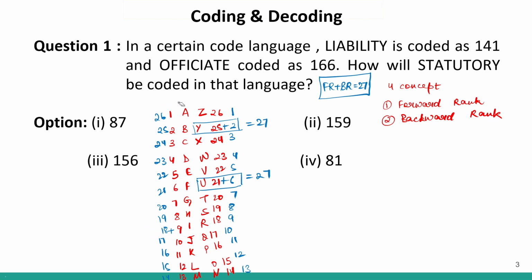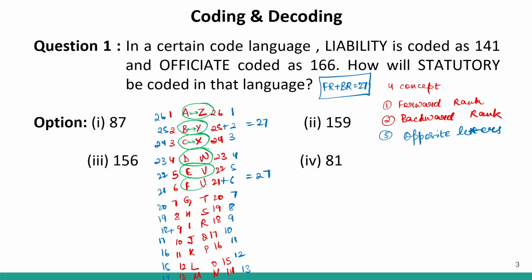Okay. Now, the third concept is opposite letters. Opposite letters means that these alphabets are arranged in a certain way. I have written them in a certain way, correct? So A's opposite letter will be Z. This is a pair. Similarly, the opposite letter of B will be Y, and the opposite letter of C will be X. So these are your pairs. These are your opposite letters.